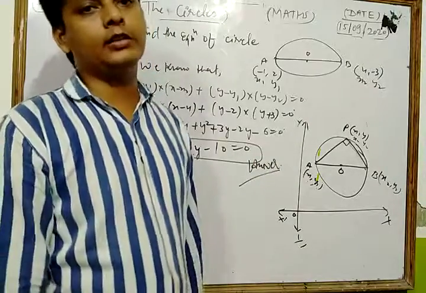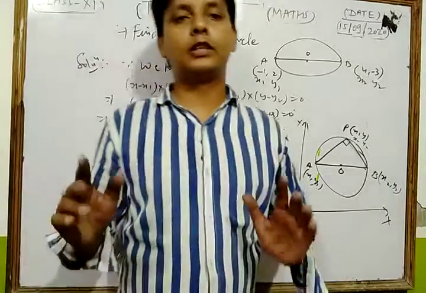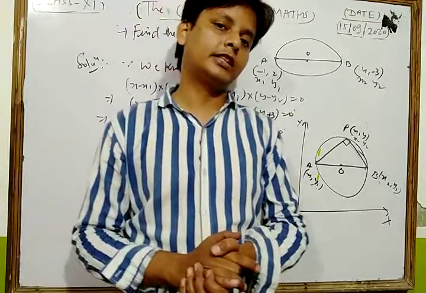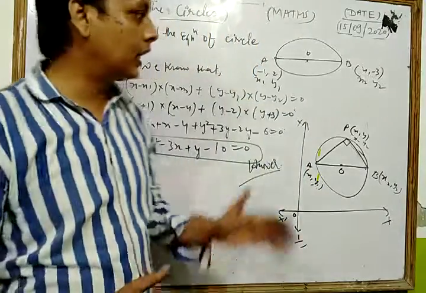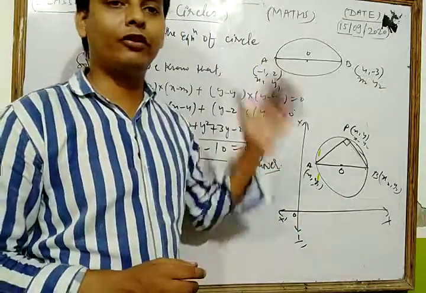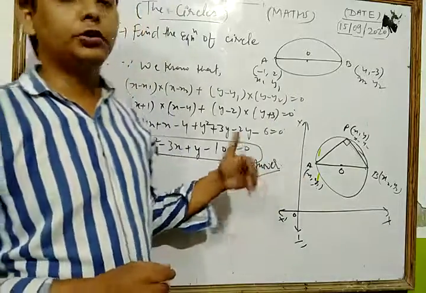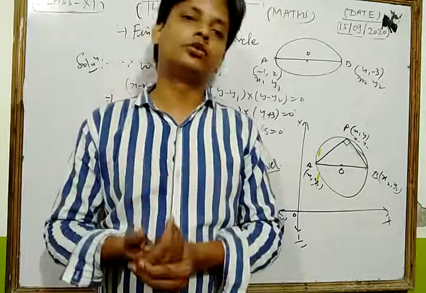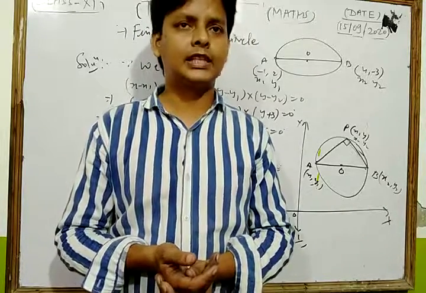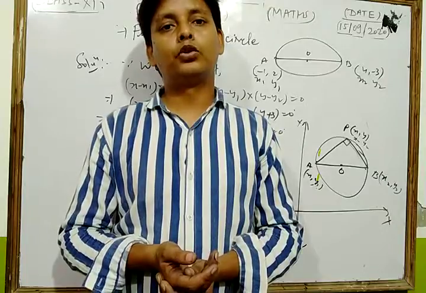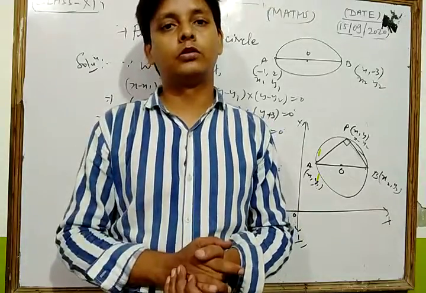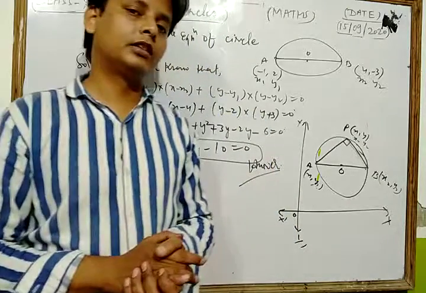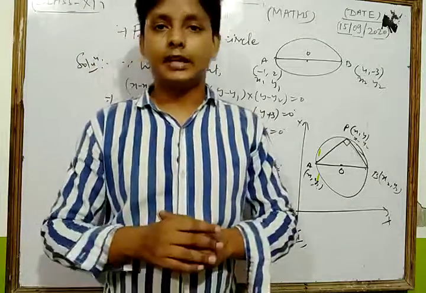So dear students, now your chapter circle is complete. In the next class we will discuss the next topic of conic sections, the parabola. So first revise all the topics, all the questions, all the formulas and all the concepts regarding circles. Then you can solve each and every question of your NCERT exercise. In the next class we will solve some more important questions from the next chapter of that unit. Now revise all the questions and solve your NCERT exercise. Thank you.